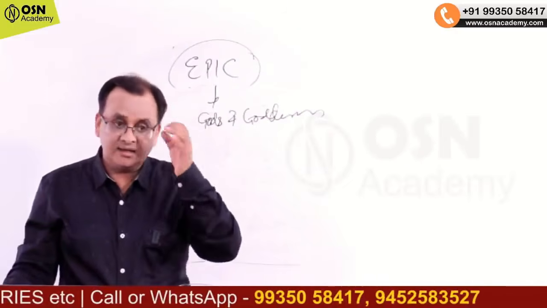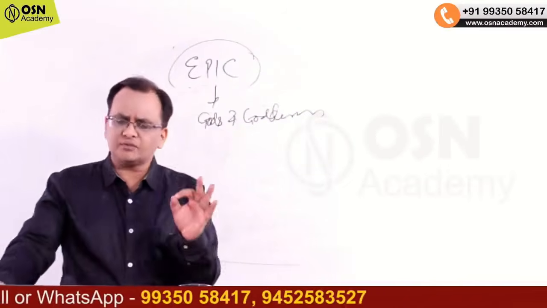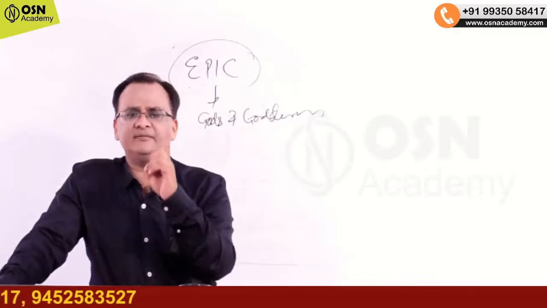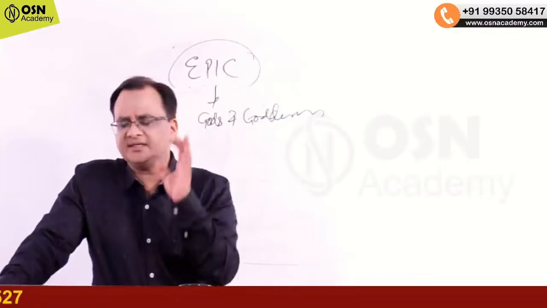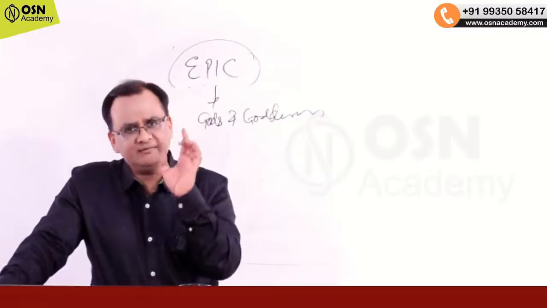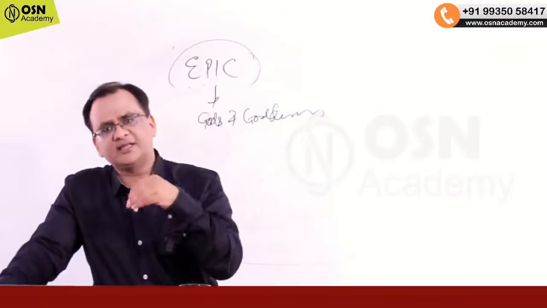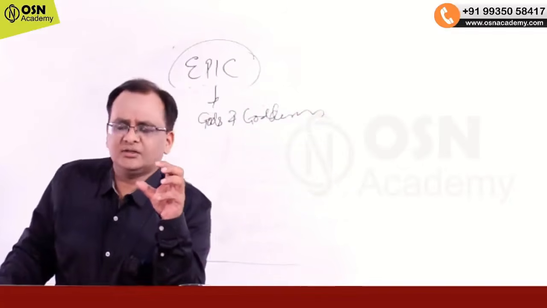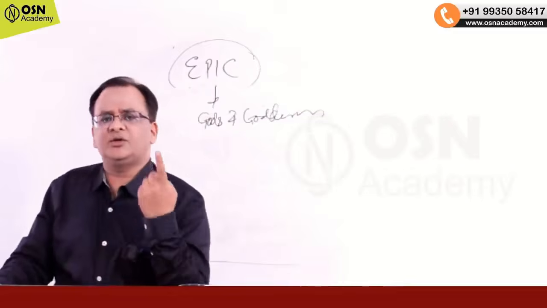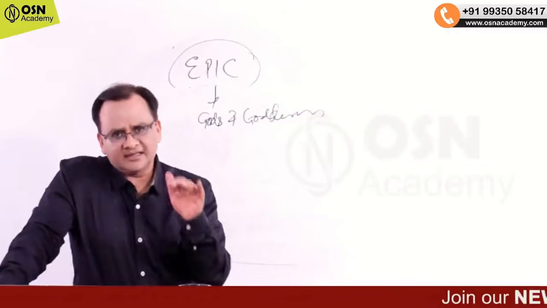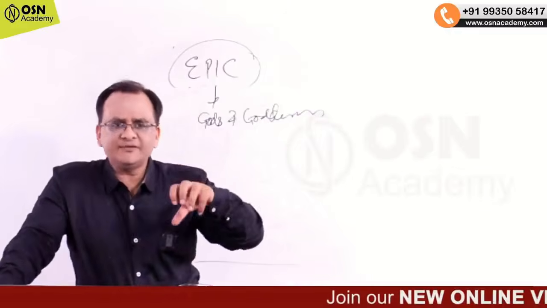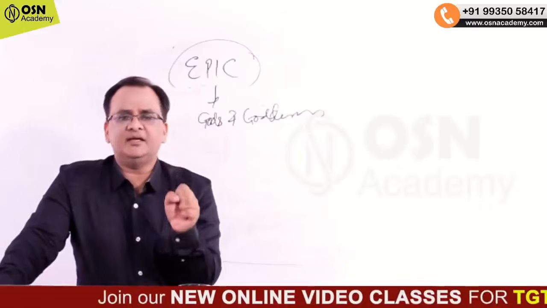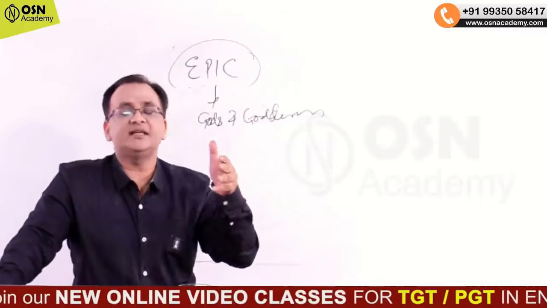And yes, I should not forget to tell you that most of the epics deal with the exploits of one single individual. जितने भी ये एपिक्स होते हैं जनरली एक सिंगल इंडिविजुअल जिनका नाम बहुत होता है उसके ऊपर, उनके एक्सप्लॉइट्स पे ये डिपेंड करते हैं. And why these epics are known for one single individual? The reason is that the writer or the poet believes in the unity of composition. कंपोजिशन में यूनिटी तभी आती है जब उसमें सेवरल कैरेक्टर्स का मिंगलिंग नहीं होता है.